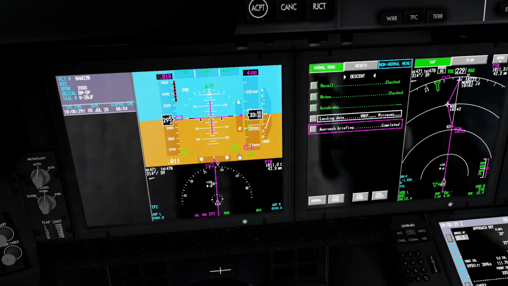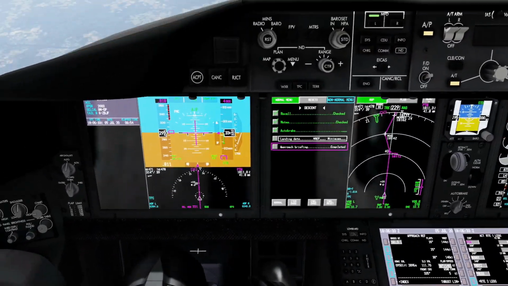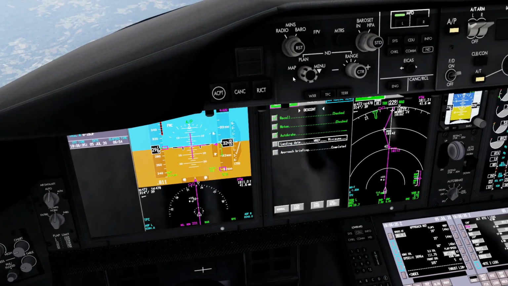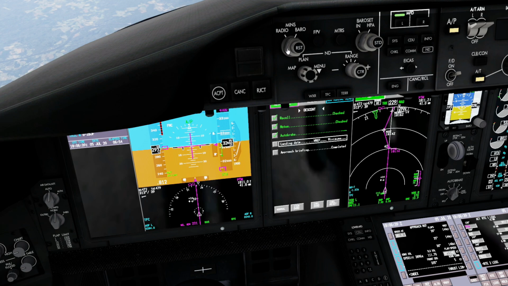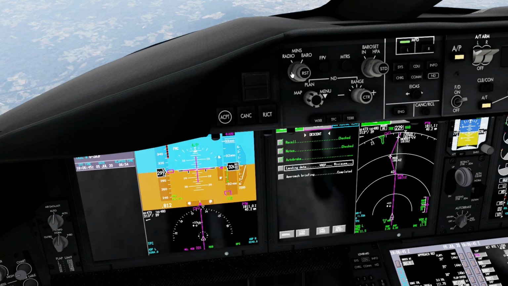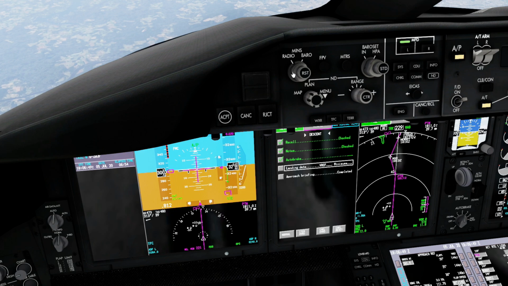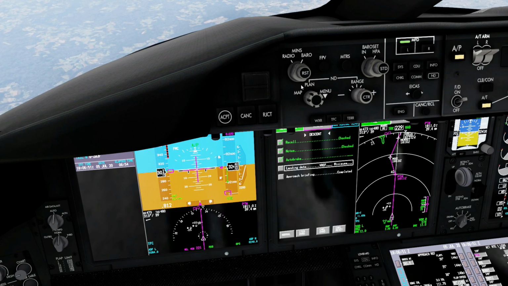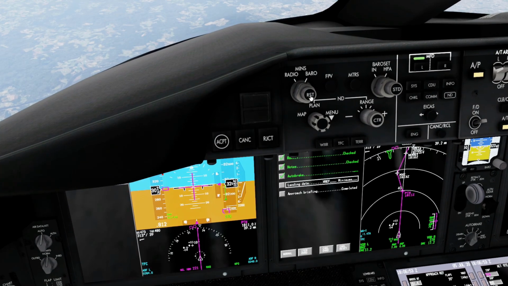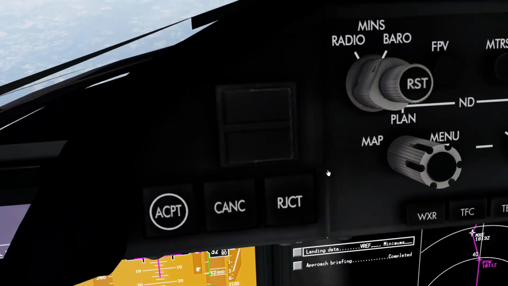That's typically used, I would say, in Cat 3 landings, if I remember correctly. But we are going to be using the baro today, because I have my charts and I know exactly what it is. In fact, it does say for the radio, if you're using radio, it does say 200 feet. So 200 feet is pretty much standard with RLS anyway. So just click reset in the baro, and now it says 200 in the baro,